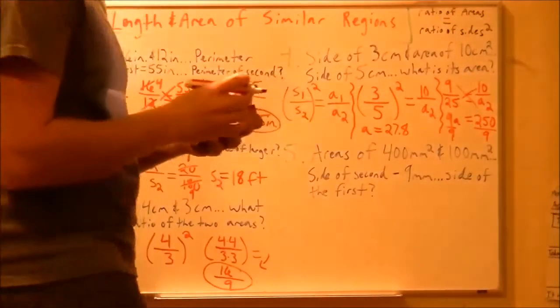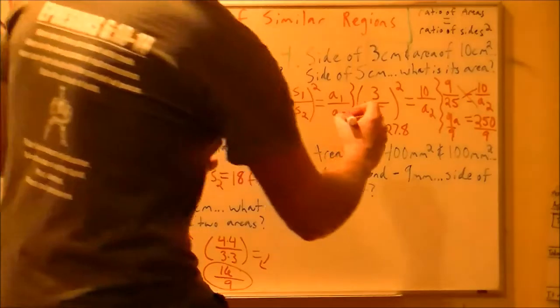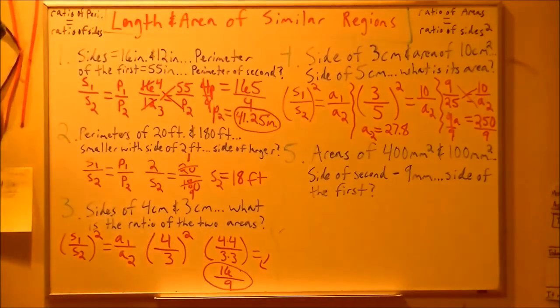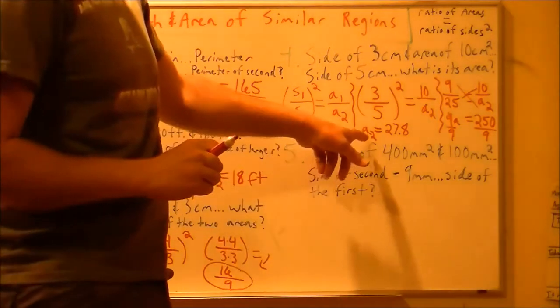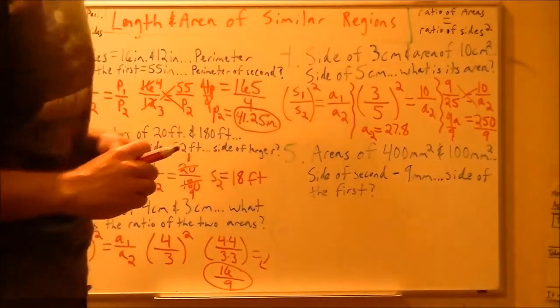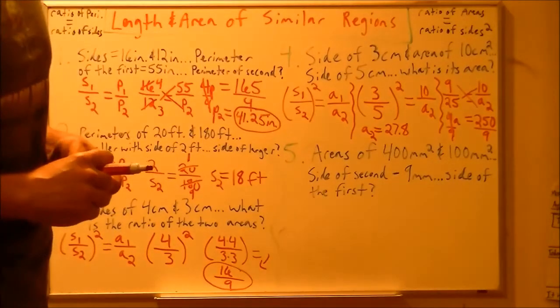If we wanted to get a little more exact, we could say that's A2, which is the area of the second shape. Again, not A squared, because then it wouldn't be done, but A2, the area of the second shape. 27.8 what? I'm going to say 27.8